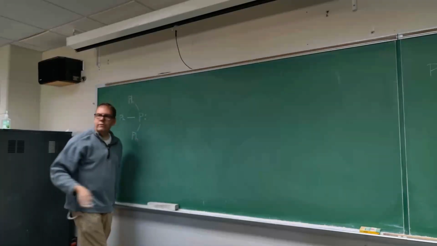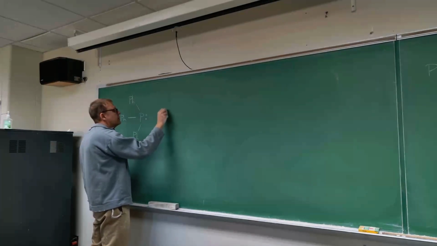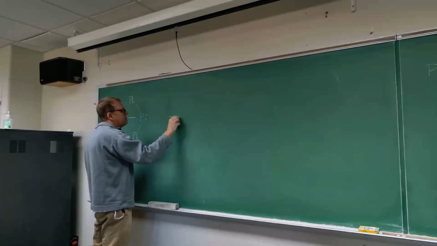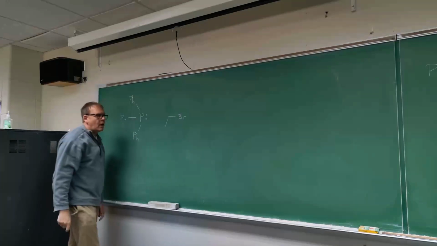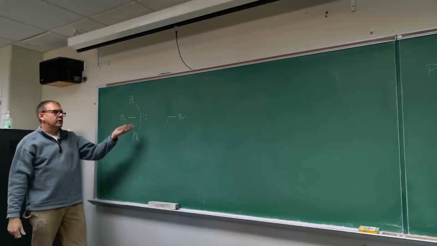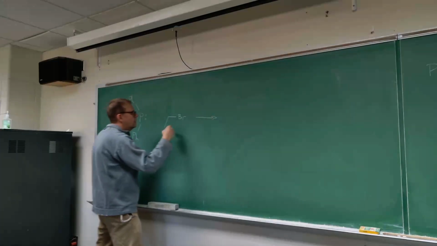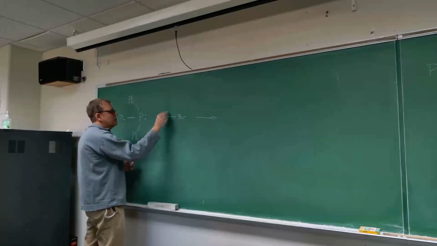And then you add whatever alkyl halide you need to make your phosphonium salt. So, for example, suppose you wanted to put an ethyl group on your phosphorus. Well, you just start here with this ethyl bromide, and this is an SN2 substitution reaction